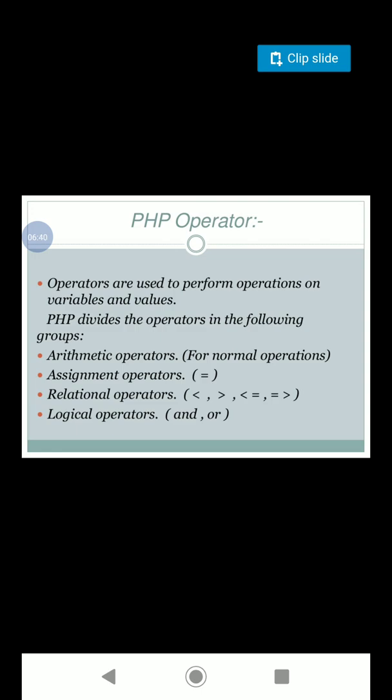Assignment operator is used to assign a value to a variable, and relational operator is used to compare two values, and depending upon the result we may get either a true value or a false value. Logical operators and, or, denoted as in your C language, two ampersand symbols or two pipe symbols, are used to join one or more relational expressions, which is nothing but a compound expression, and it is used to test the result of the logical expression.